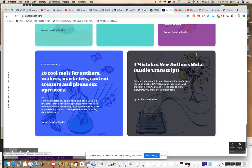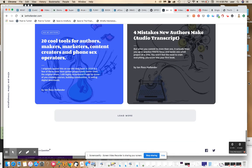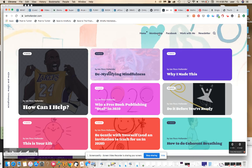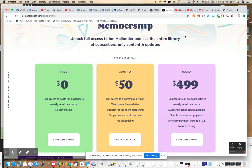I mean, literally an hour to put up, and I would just import content that I've already written elsewhere, right? So you can do this for your clients, right? Here's the membership piece where there's content that's protected on my own blog. Well, you can use this as an example and set this up for your client, and literally with a premium theme and all that other stuff, charge several $1,000s and give people a turnkey solution for their own custom membership